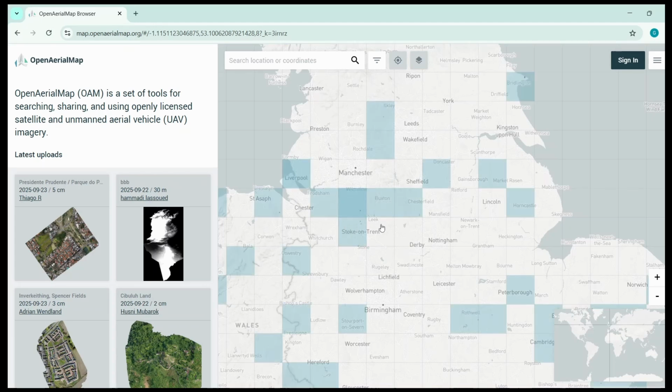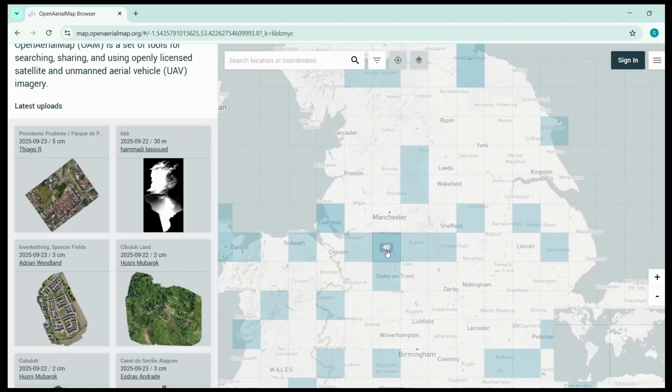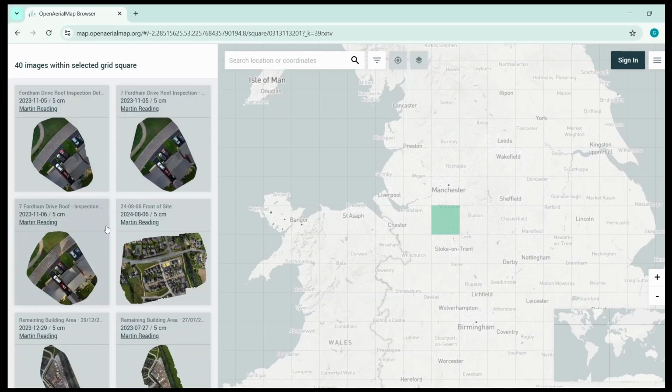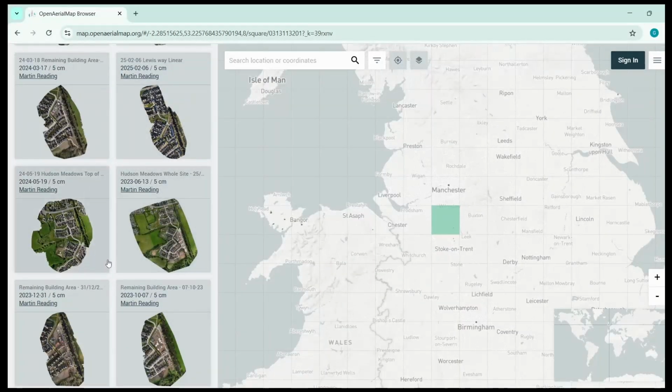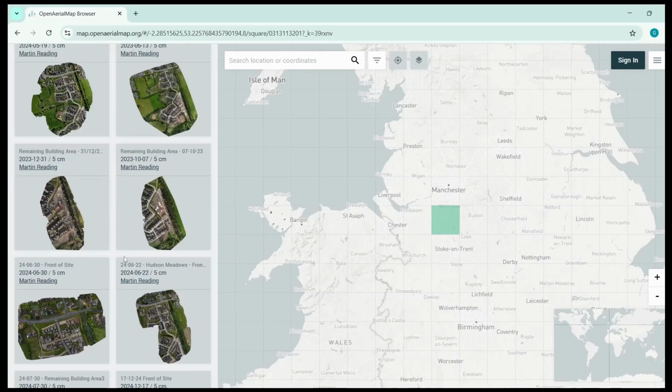When the map is loaded and you move your mouse cursor, you will see how many aerial images are available in that area. Suppose in this area we have 40 images. Let's click on this. When you click on the grid, it will open all those images in the left sidebar, and the image you want to download, click on that. Suppose we want to download this one,